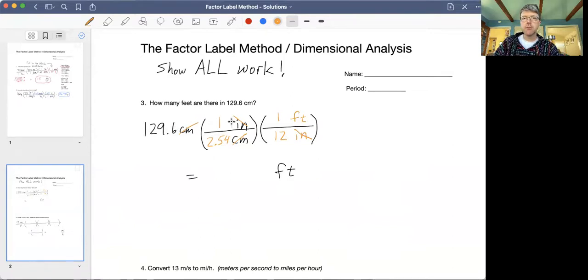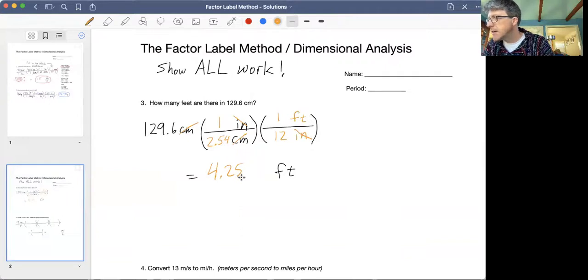So now we can take this number. We're going to skip times 1 because it doesn't do anything. And then we're going to take this number. We're going to divide it by 2.54 and divide it by 12. Let's see here. 29.6 divided by 2.54 divided by 12. That equals 4.25